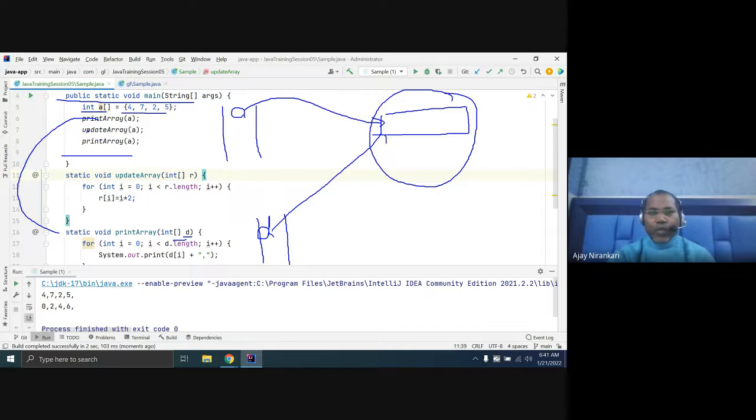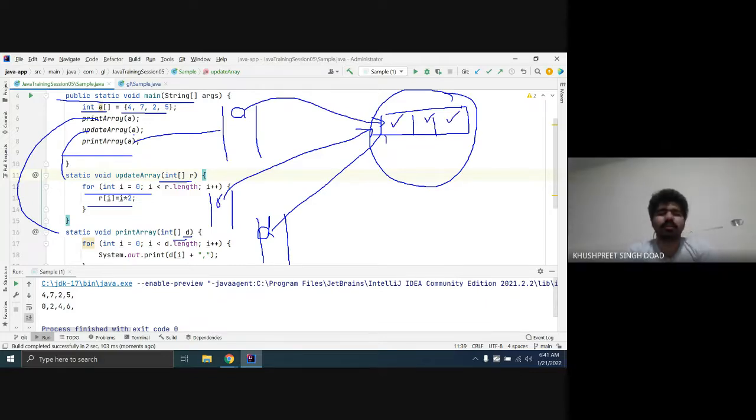Similarly, when you invoke this update method, update has a local stack created, that is the r variable, but r refers to the passed a. The a refers to this, so r also refers to this. So in the array, whatever you change here, if this method changes something here, then this function also gets the reflected, updated value.